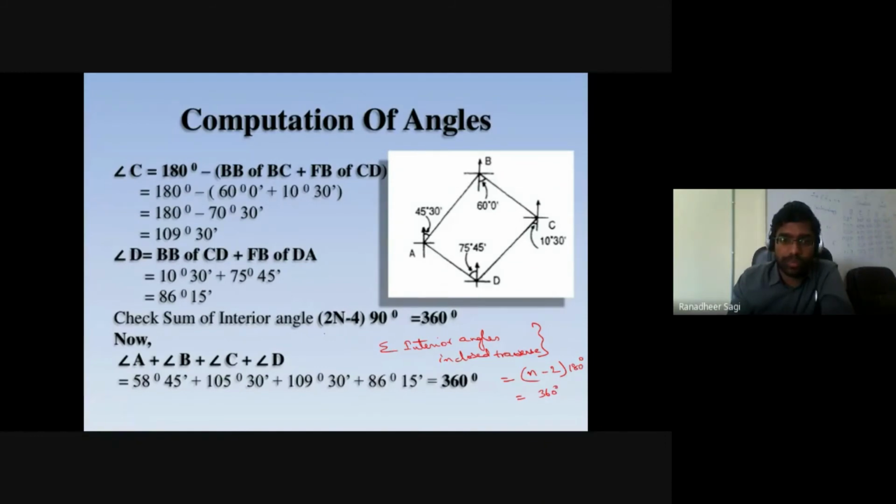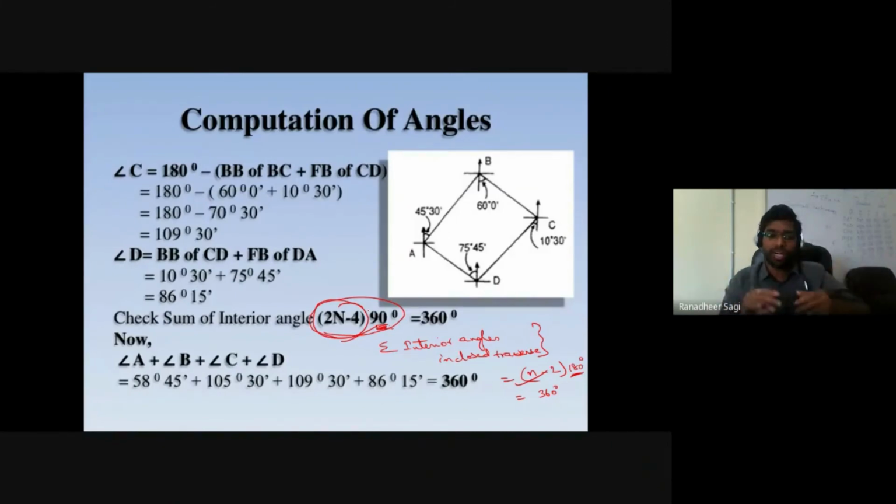Sir, what is the expression which is given here then? See, both are one and the same. Look at these two expressions. In this case it is 90 degrees, and what I have represented here is 180 degrees. If you look at the term inside, 2n minus 4, 2 can be taken common. If I take 2 common out, 2 into 90 degrees is 180, and what I have inside the bracket is n minus 2. That's what I wrote there. So let's not worry about which expression I wrote. Both are one and the same expression.